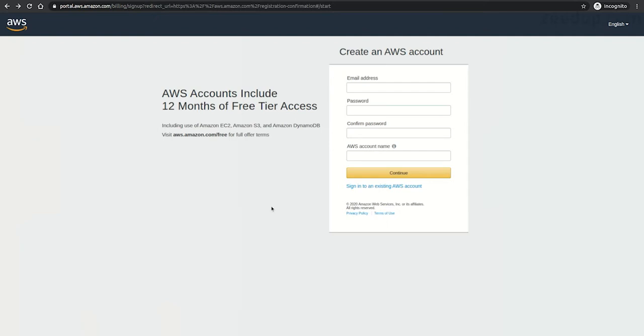If you see, the first time user will also be eligible for AWS free tier services, which they have essentially stated on this website. The AWS accounts include 12 months of free tier access.